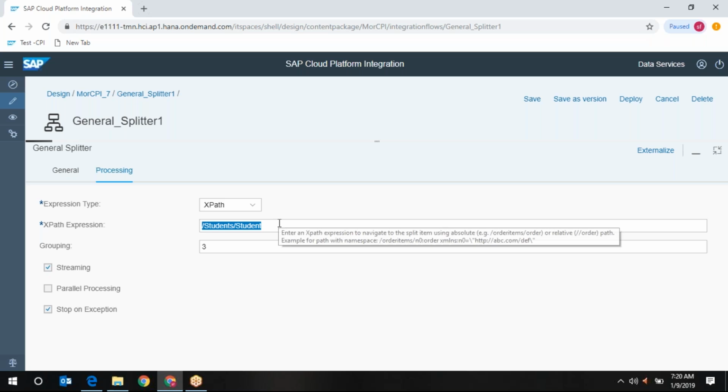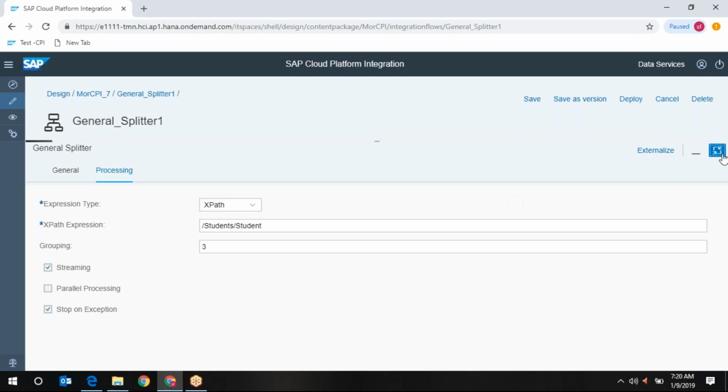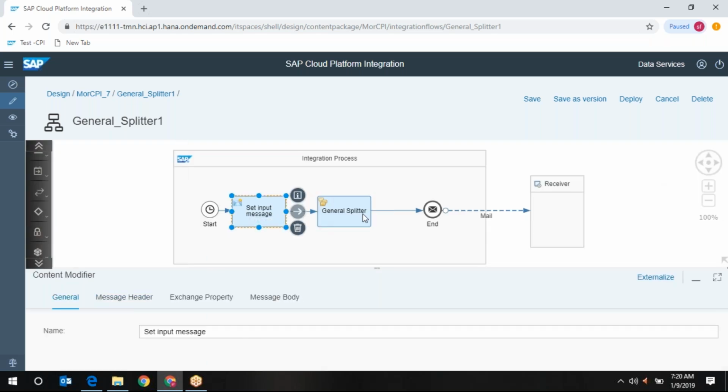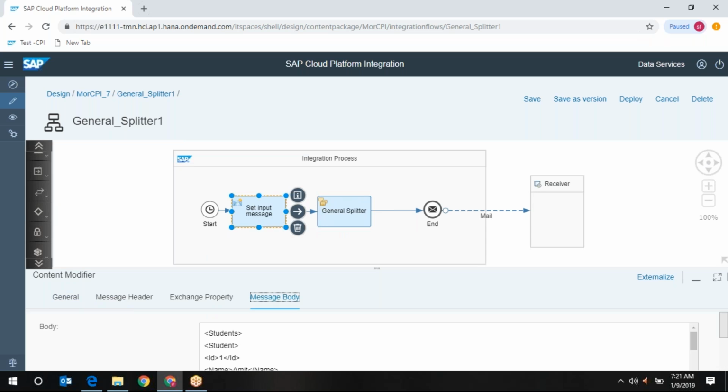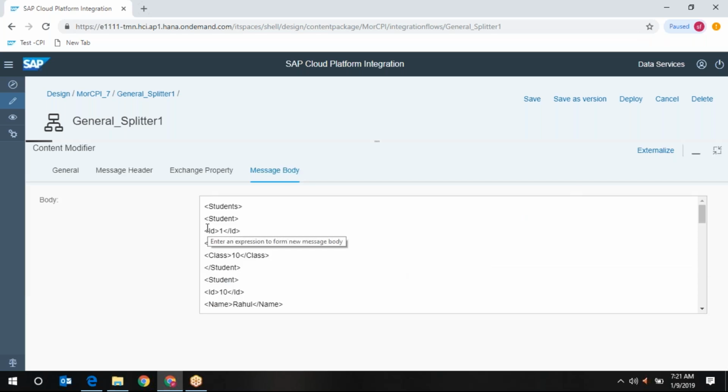So you can give the XPath here. Then the next step is grouping. Grouping means how many records you want to be grouped. Here we mentioned three, so three means three records in one group. If you look at the original message here, we have given grouping with three,